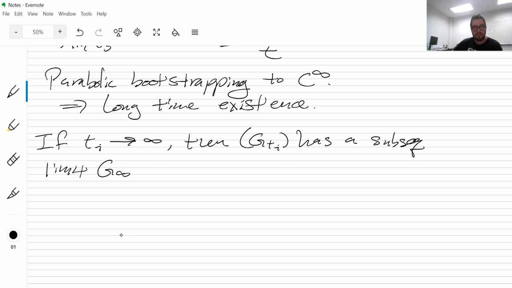We get g infinity, our subsequential limit, and we have to have the g_{t_i}, call it K or something,